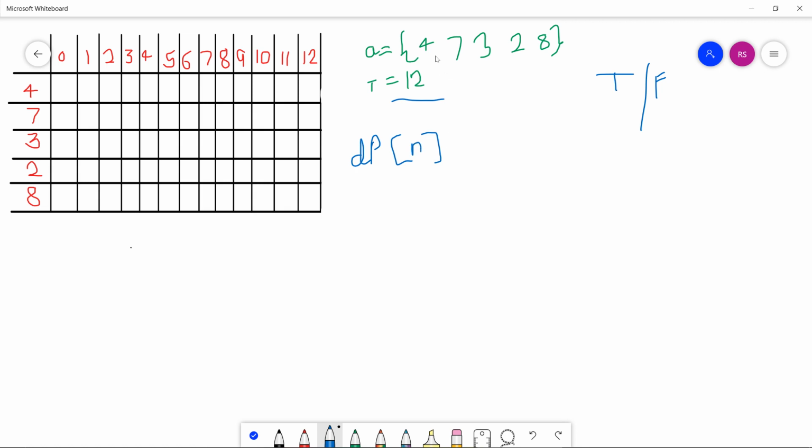That means n, since 4 7 3 2 8 has 5 elements, rows 0 1 2 3 4, and the column size is the target sum plus 1, so 0 to 12.